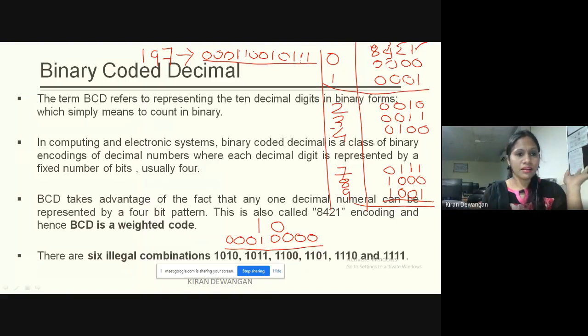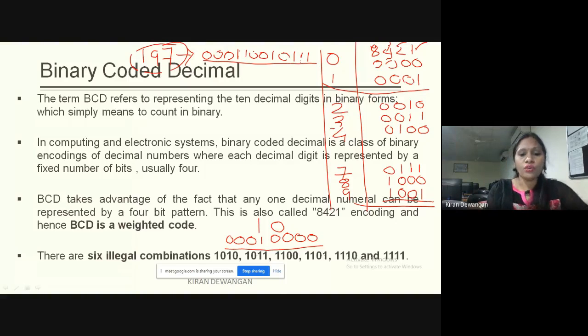Is the concept clear? Everyone, you should not get confused between binary and BCD. बाइनरी को हम 5 बिट में भी लिख सकते हैं, 6 बिट में भी लिख सकते हैं, 7 बिट में भी लिख सकते हैं, डिपेंडिंग ऑन आवर डेसिमल वैल्यू. इसको हम 2 से डिवाइड करते जाएंगे और उसका हम बाइनरी निकाल लेंगे. क्लियर? दैट इज व्हाट वी नो. डेसिमल टू बाइनरी कन्वर्जन, इट मे बी ऑफ एनी नंबर ऑफ बिट्स, but BCD is always represented in 4 bits. इंडिविजुअल जो डेसिमल वैल्यूज रहता है वो आपका 4 बिट में ही रिप्रेजेंट होता है. Is the concept clear? BCD will always be represented in 4 bits.